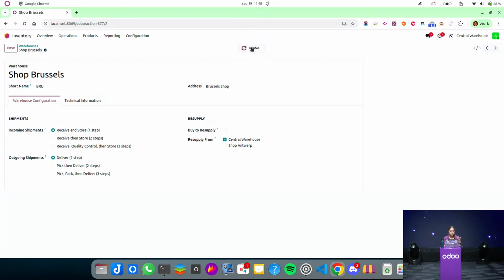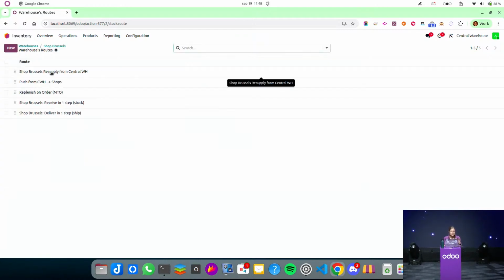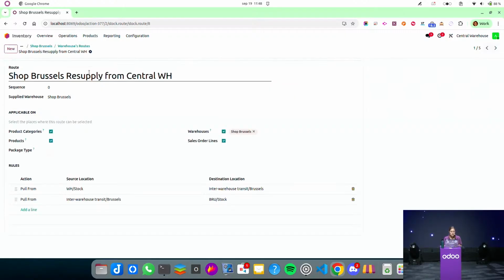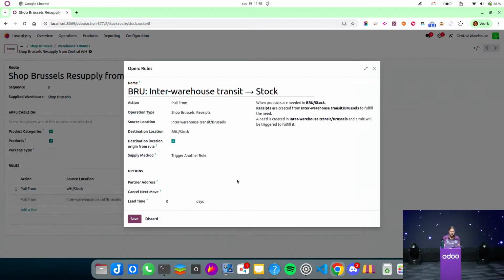which is going to basically create a route, okay? So you can see here we have the route shop Brussels resupplies from central warehouse. So here it's a pull strategy. So we're going to ask to replenish based on the stock that we have in Brussels, okay? So here you can see we have a pull. The operation type is a reception, the source location, the inter-warehouse transit in Brussels, and finally the final destination is